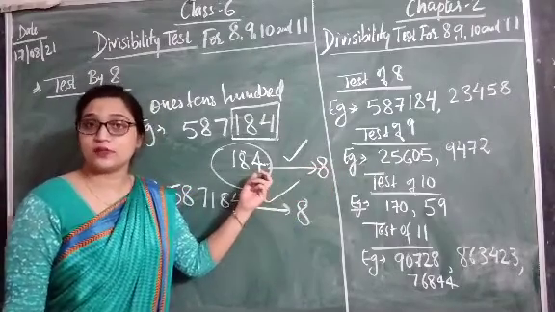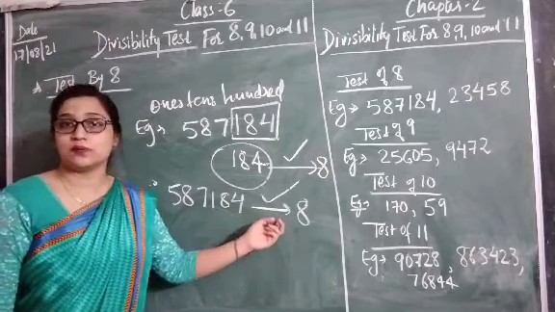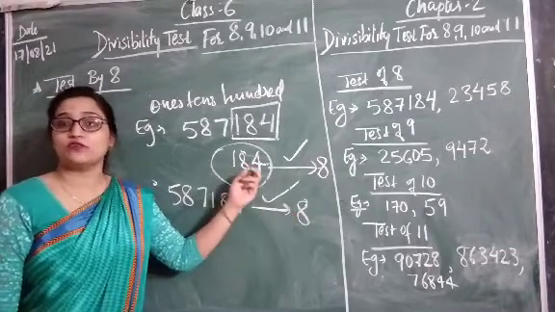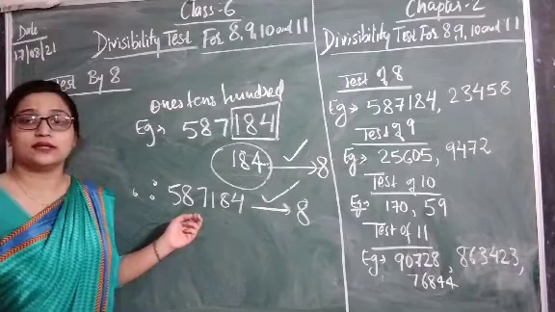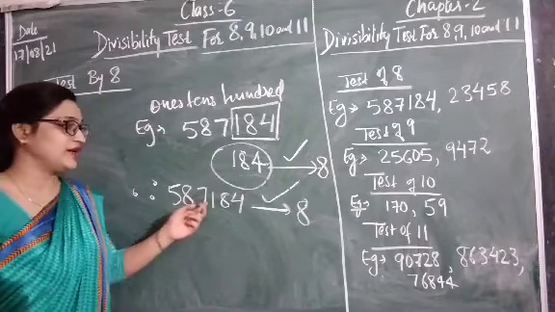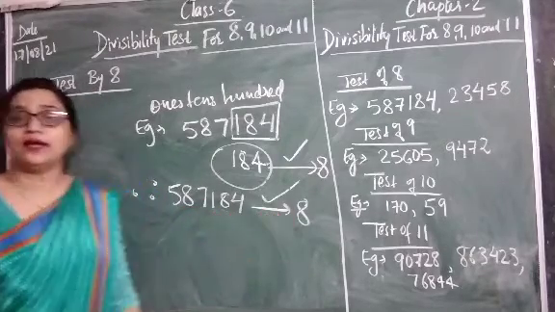If it is divisible, that means the given number is also divisible by 8. This 184 is divisible by 8. Therefore, the number given in the example, that is